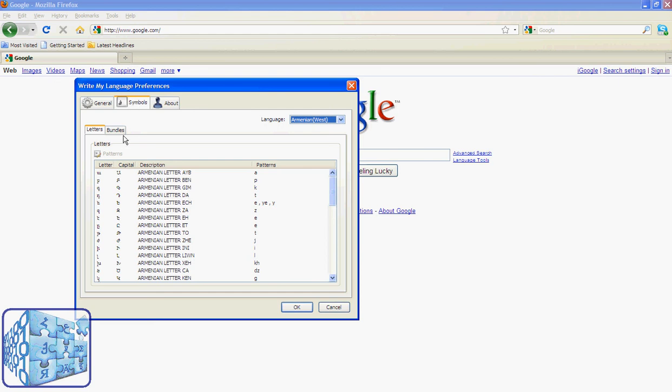So symbols are characterized into two families, letters and bundles. Letters are distinct characters of the desired language. In this case, Armenian, we have 38 letters along with our punctuation marks. We see here the character, the capital, the description of the letter, and the different patterns that will produce this